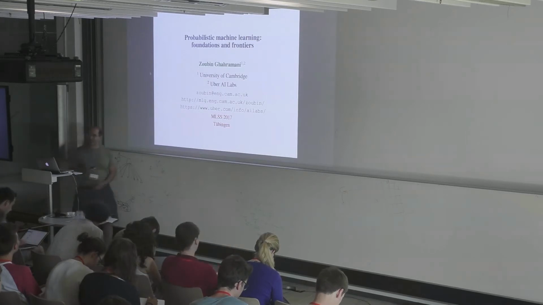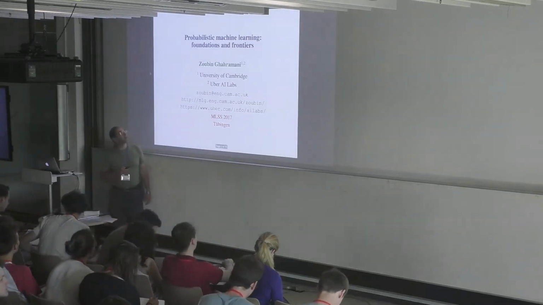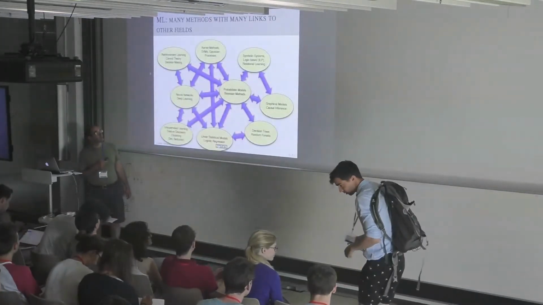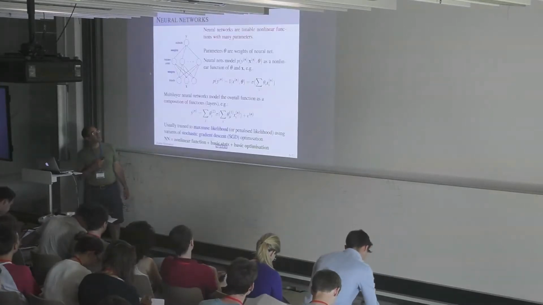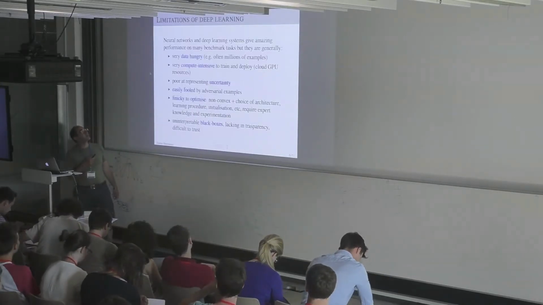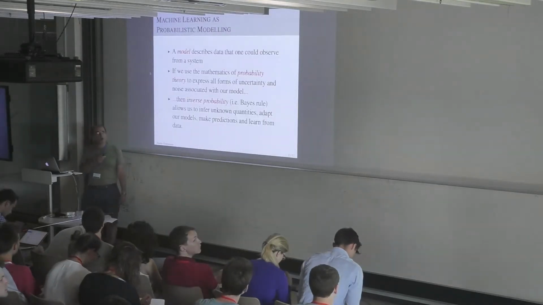All right, I'll start from the beginning. Just to remind you of what we talked about, lots of fun things happening in machine learning, lots of different ideas. Neural nets are really exciting, but they have limitations. And so what can we do? Well, we can think about other approaches like,